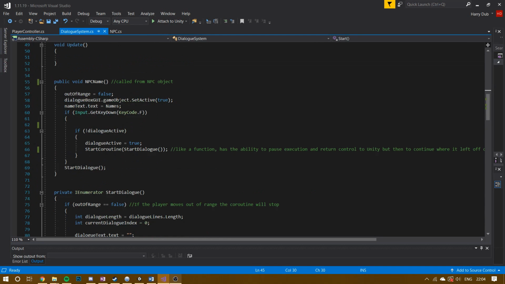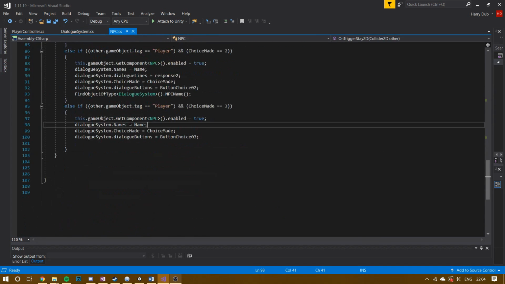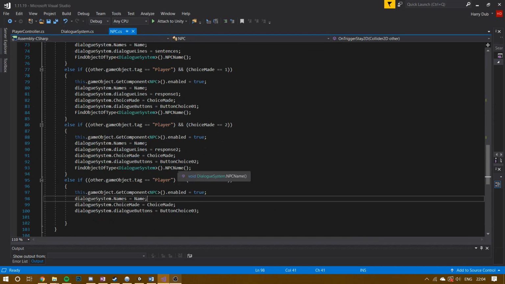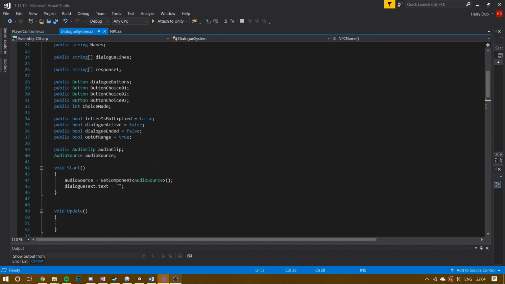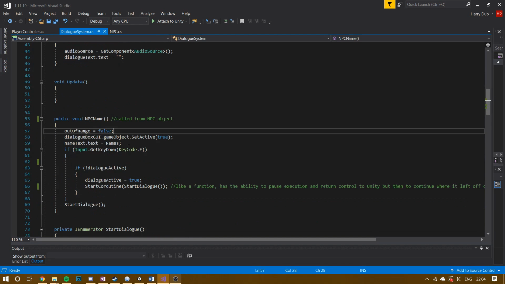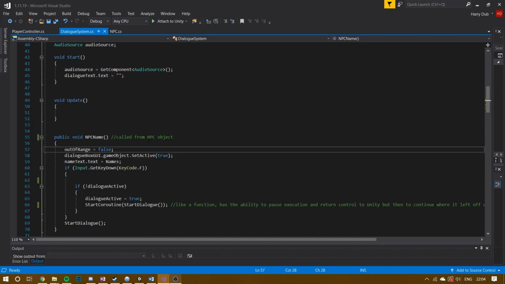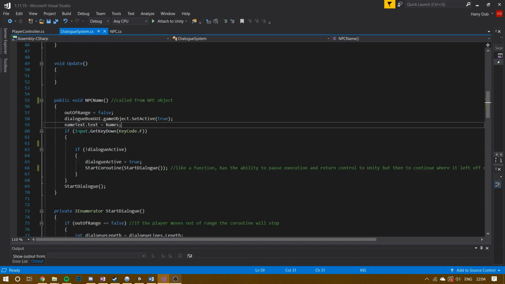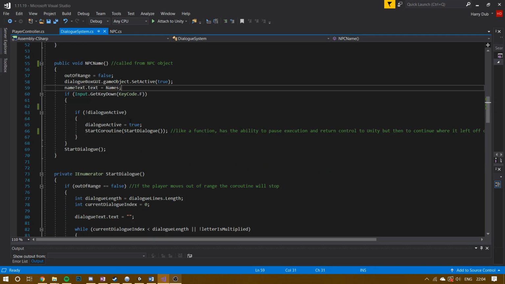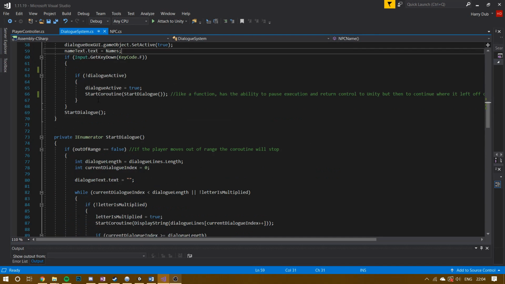Ignore void update, and then this is the NPC name script that we were looking at here. So this is essentially the start of dialogue. It's going to make sure out of range is false, by default it's true. So now we know we're touching the guy. The dialog box UI is going to be active, so it's going to pop up, and the name text will be associated, so we'll see his name. Then if you press F and dialog is not active, then dialog will become active and we'll start the